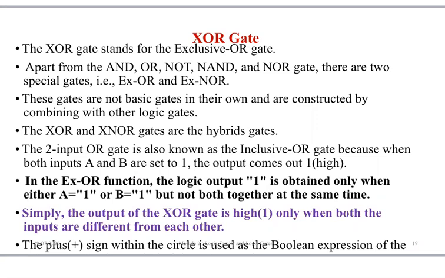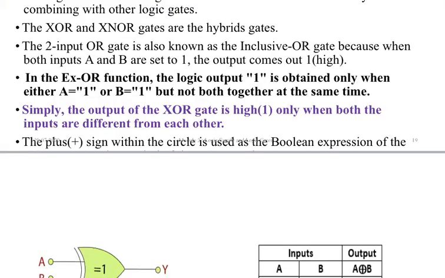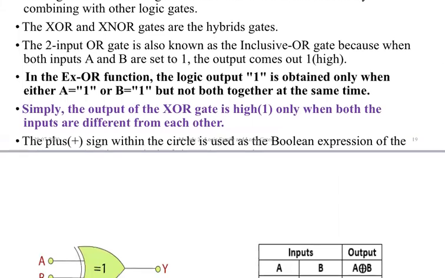So apart from your AND, OR, NOT, NAND, NOR, we have 2 special gates which are called XOR or XNOR. When we write it in words, we write EX-OR or XNOR, but the symbol is XOR. X you write simple and OR gate. Those are hybrid gates. It is not on its own. Now the one which is written in black color, that is the logic of your XOR gate.